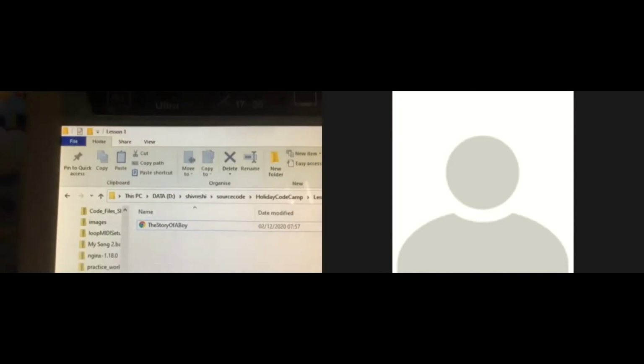So is there a space in your file name? So just check in the lesson1 folder. So what's the name of the file? The story of a boy. Right click and lesson1, there is a space actually. Lesson space 1.